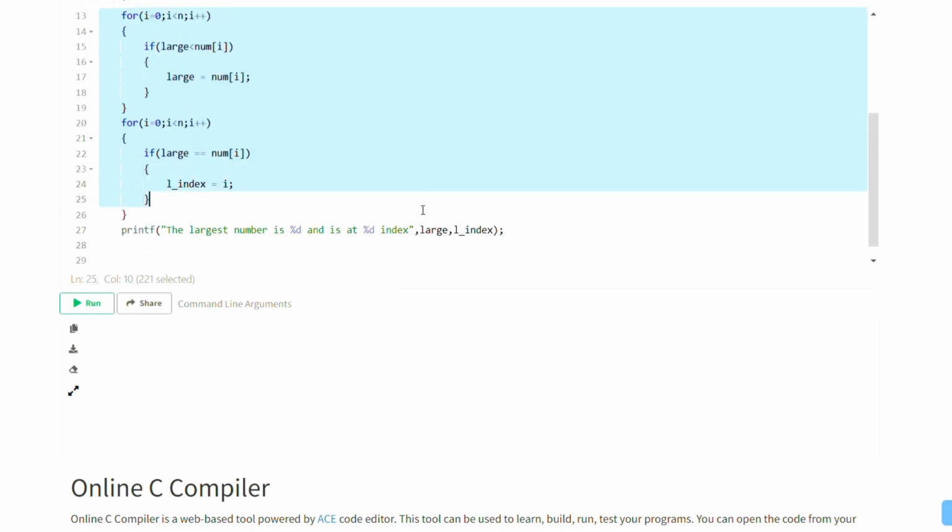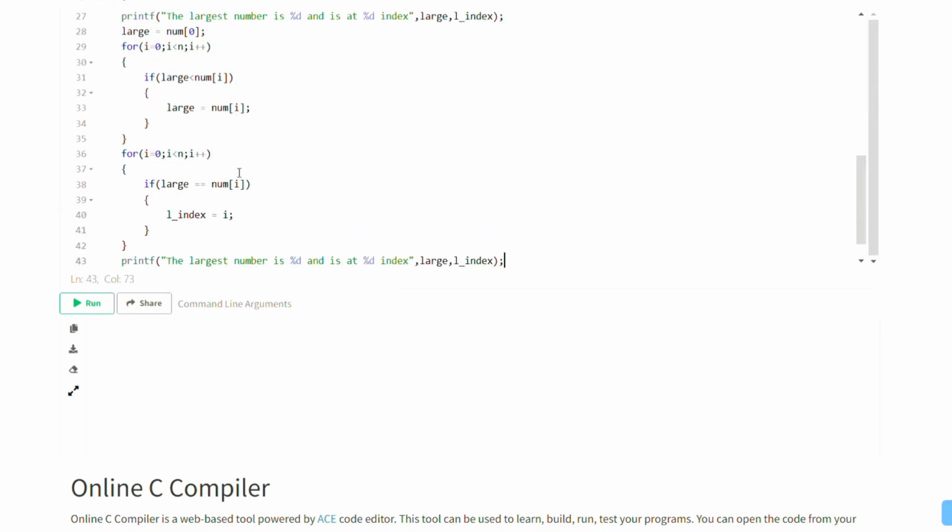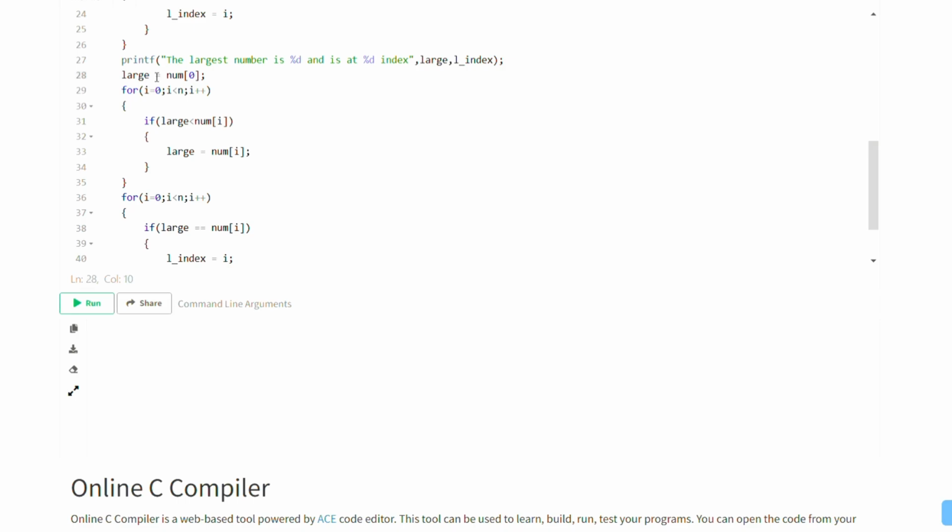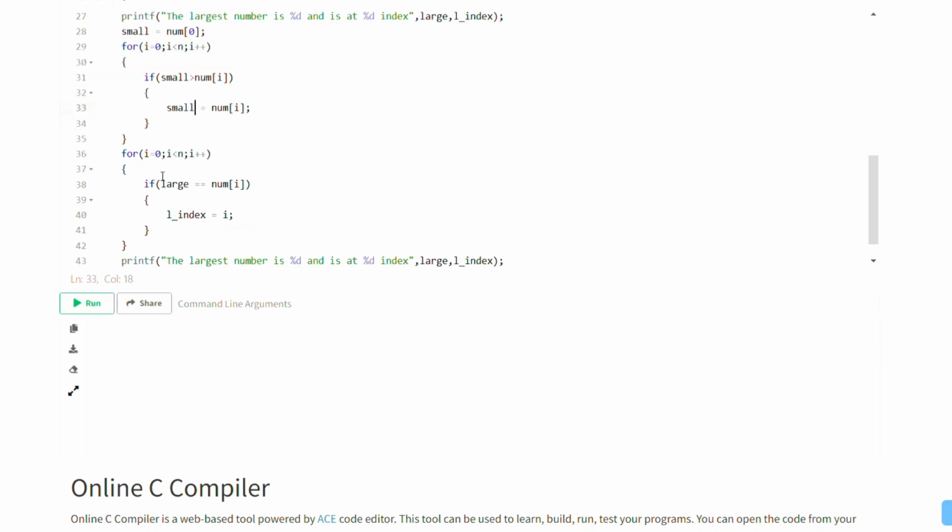We're copying the same code to find the smallest number, and now we're just going to change all the variable names to small. So we're going to assume small, the number at array index 0, is the smallest. Here we're going to change the logic to small greater than num[i]. So we're going to check if our current small is greater than any other number in the array.